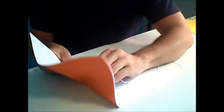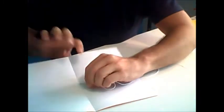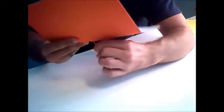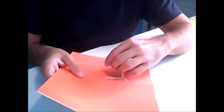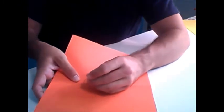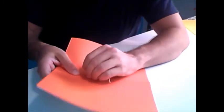Open your book back up. Take your needle and thread. The first thing you're going to do is try to find the very center of your book, and you're going to take your needle, you're going to poke it through, right through the spine, right in the center, pull it through. Turn your book over. You're going to come down here a little bit, do the same thing, right in the spine, poke it through,